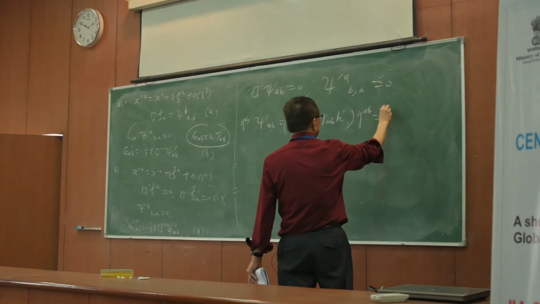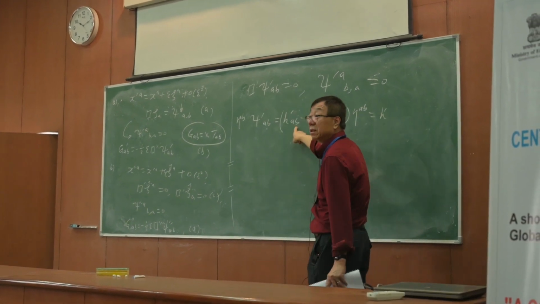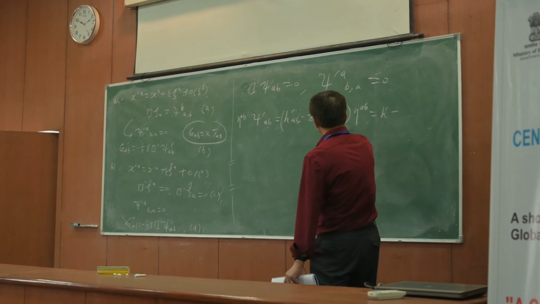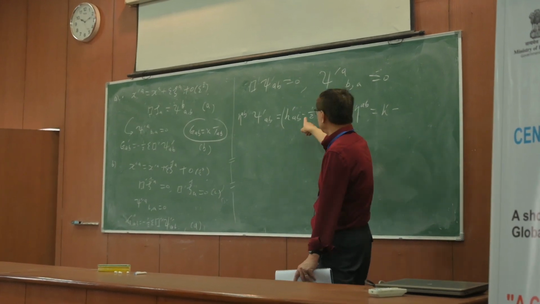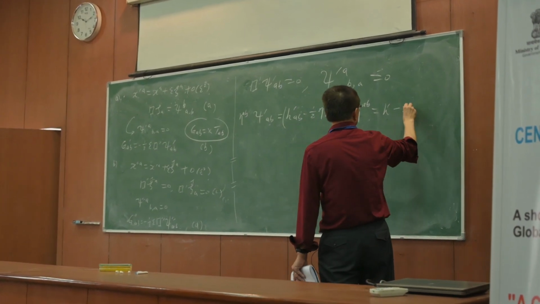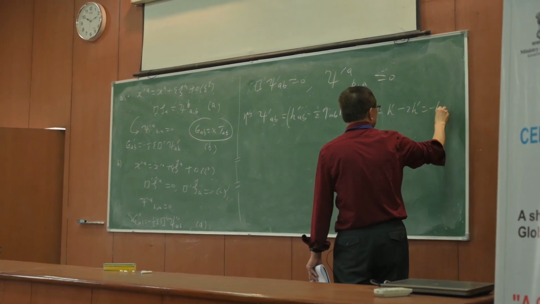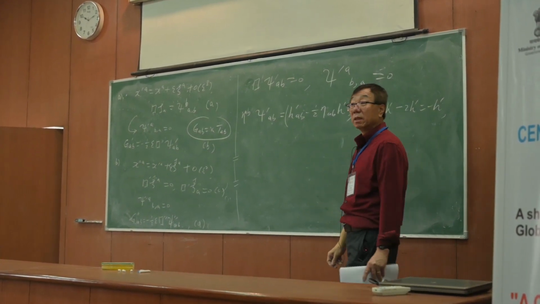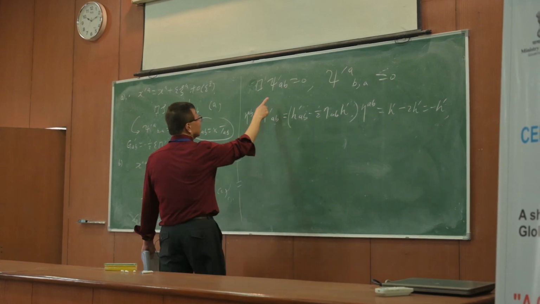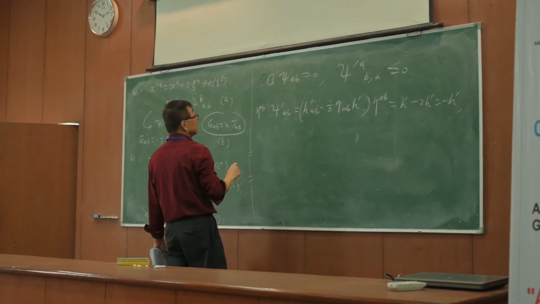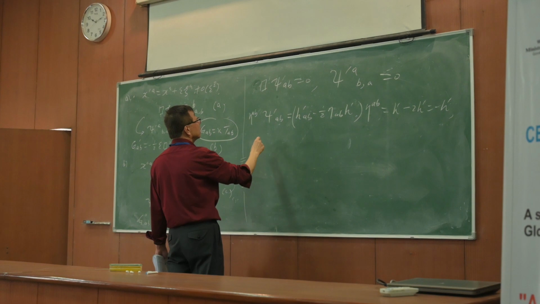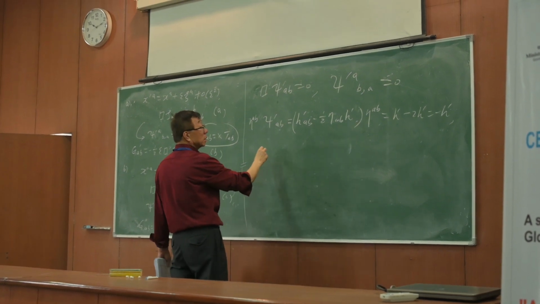This is the first one, is H prime, right? Minus eta AB, but the minus half minus 2H prime. I'm actually trying to get this one. So this actually tells us, now you see,